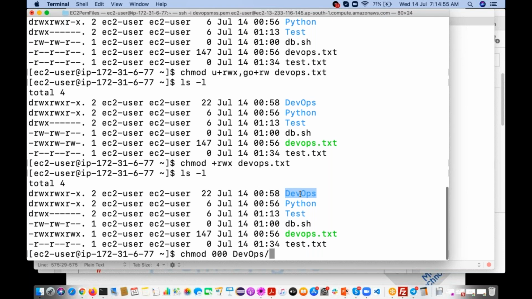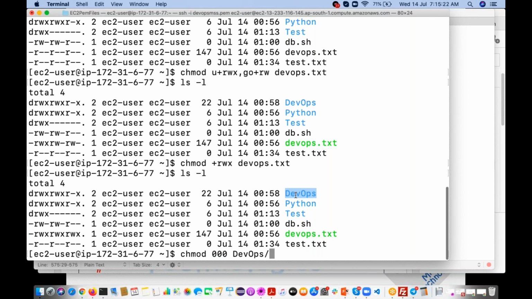So now if I execute like this, is it going to apply these 000 permissions to the DevOps directory and the subdirectories' files? No. Yes, you are correct. It is going to apply only to this particular directory.